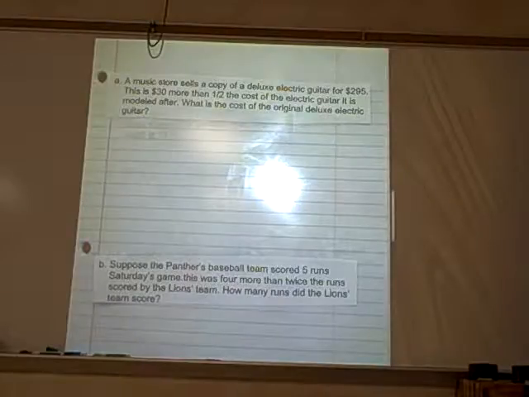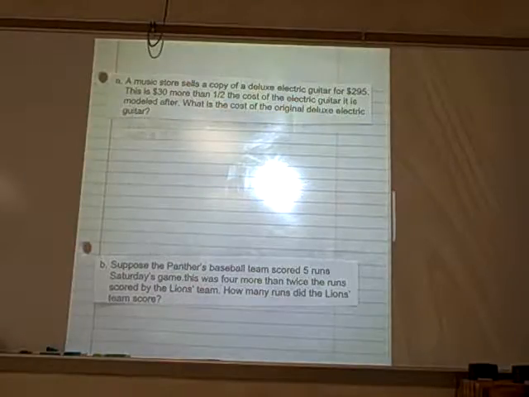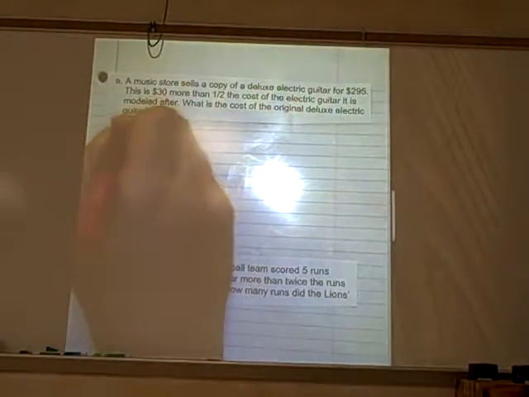So on letter A, it says, a music store sells a copy of a deluxe electric guitar for $295. This is 30 more than 1/2 the cost of the electric guitar it is modeled after. What is the cost of the original deluxe electric guitar? Okay, what are we looking for? The cost of the original, right? So over here, somewhere underneath here, let